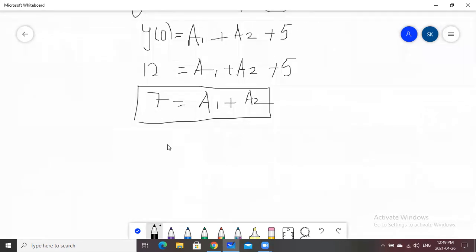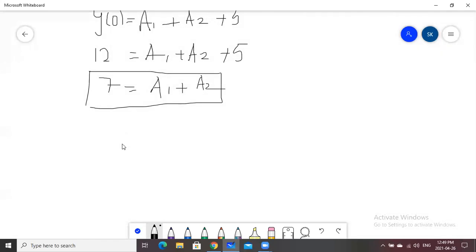Now, we have another important step over here, which is very important to solve. Now we get the first order derivative of the function, that is y prime of t is equal to a1 e raised to power t. Okay, I'll do one more thing. Let's finish our question at this particular point. Let it be equation number 1. In the next lecture,